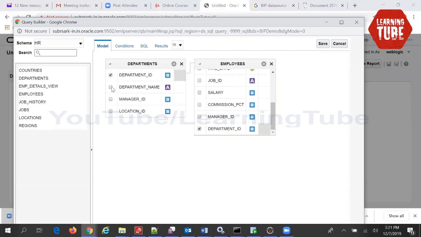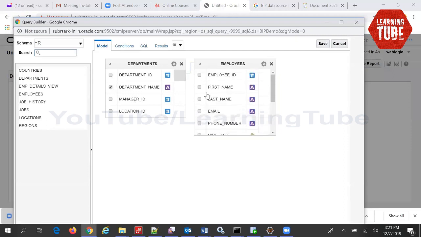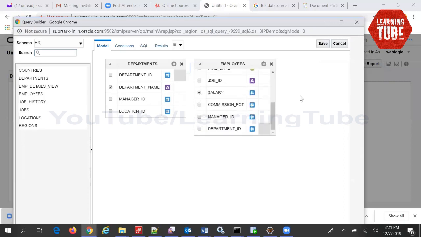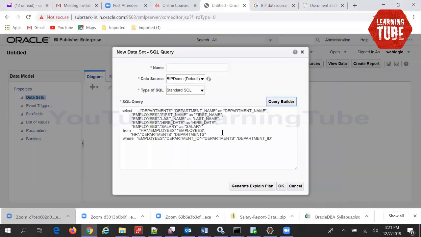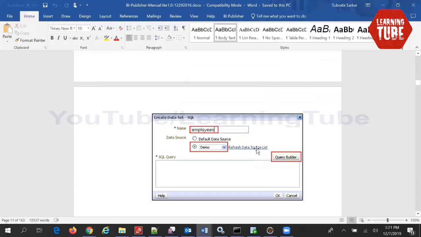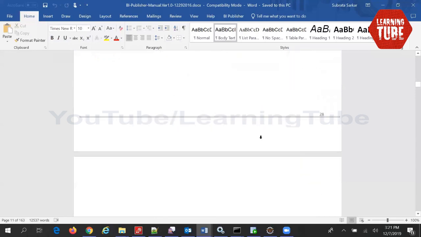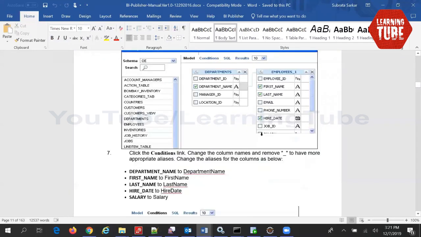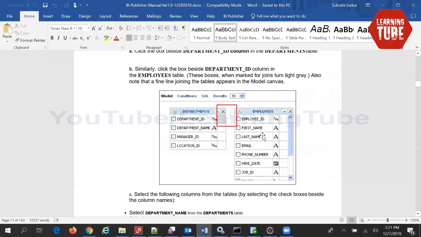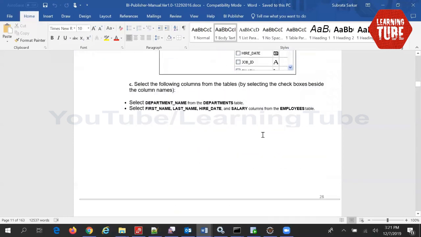Now we will select department name, first name, last name. So this is the query. Department name,